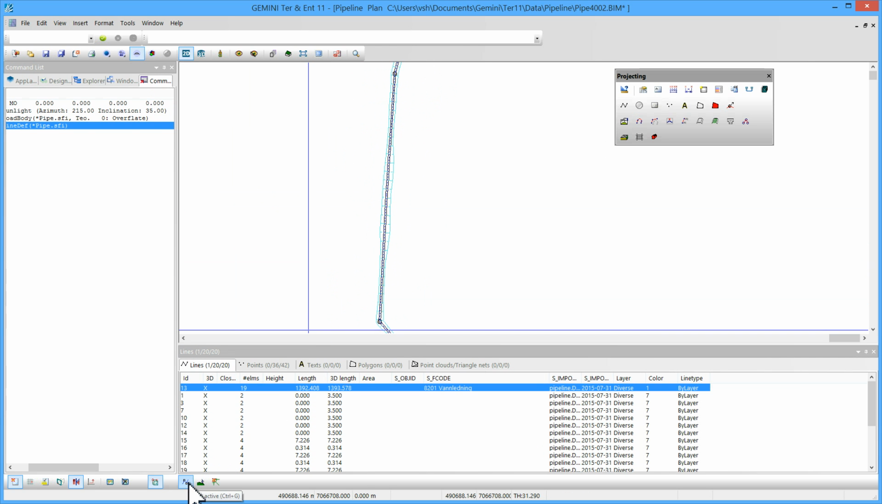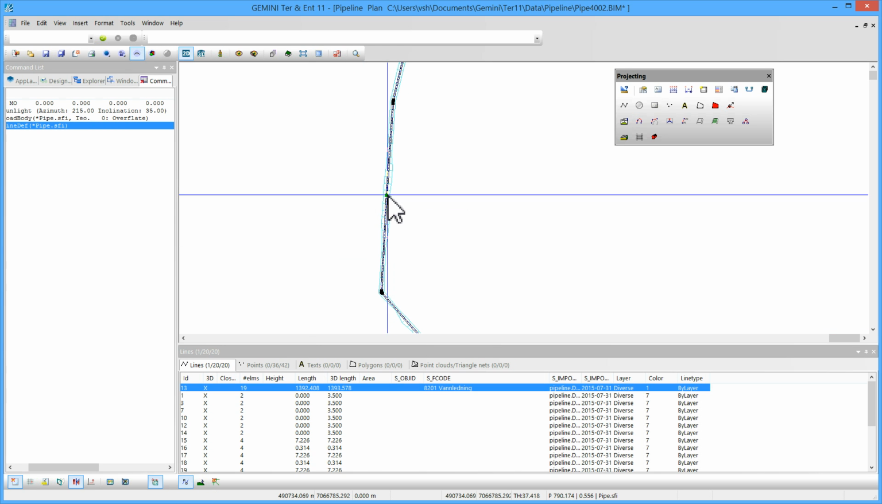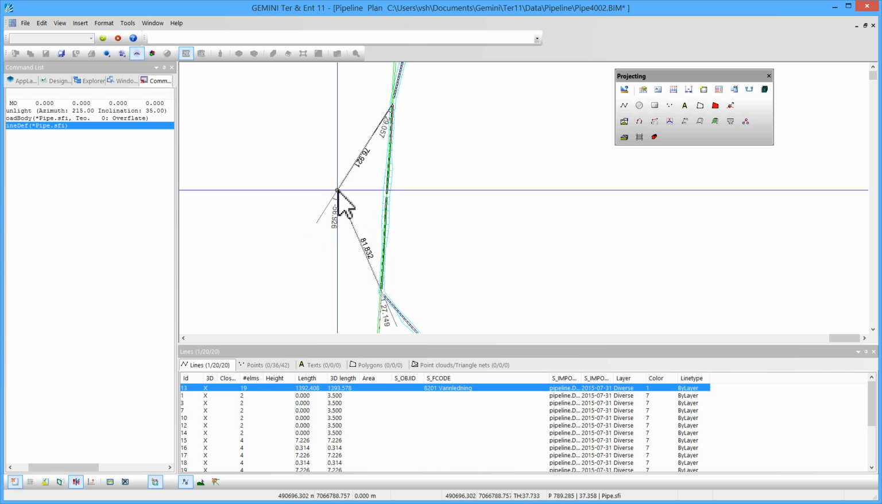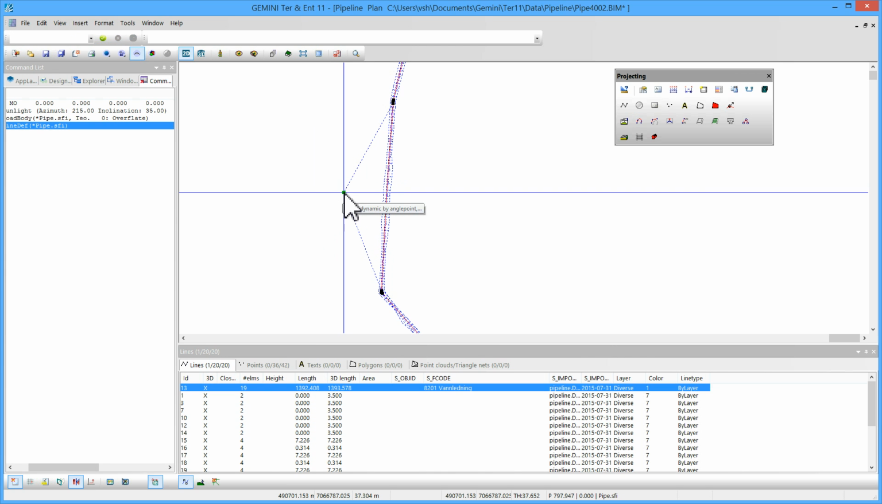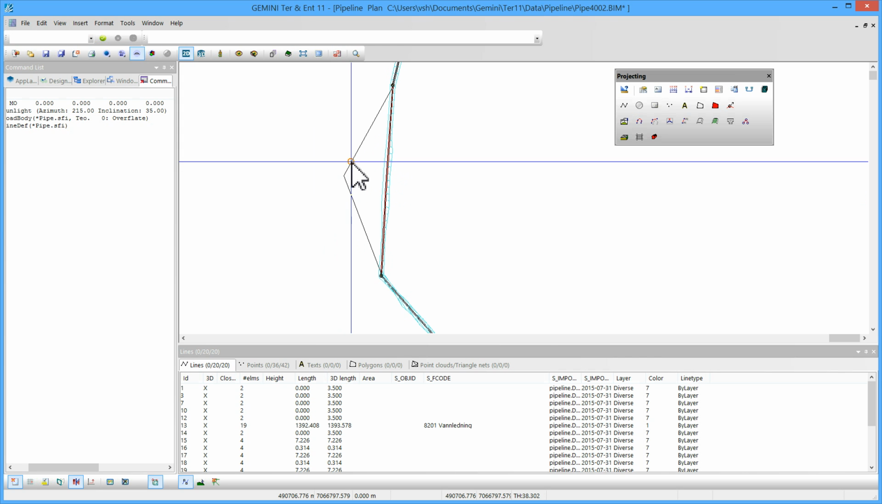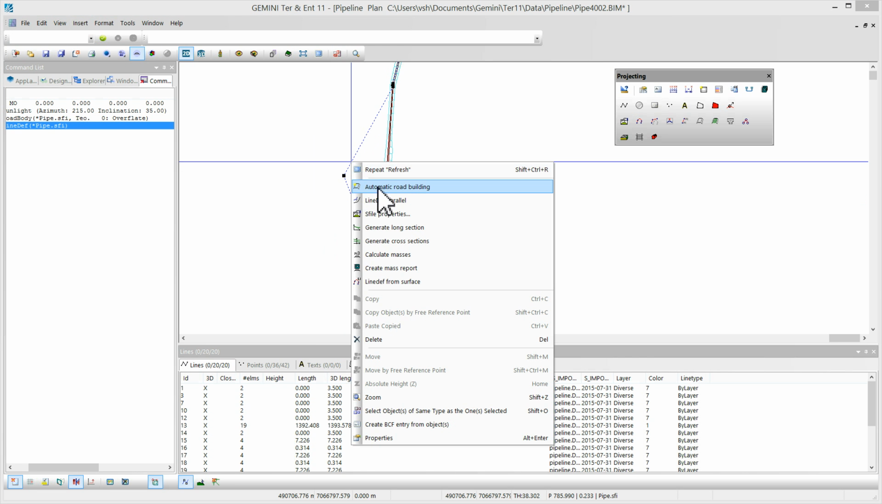By using a function called grips, I can take an arbitrary point in the line. I can also insert more points if needed, and I can remove them or move them around. I'm going to place this center point somewhere randomly. The next step is to build the ditch again. I choose automatic road building,